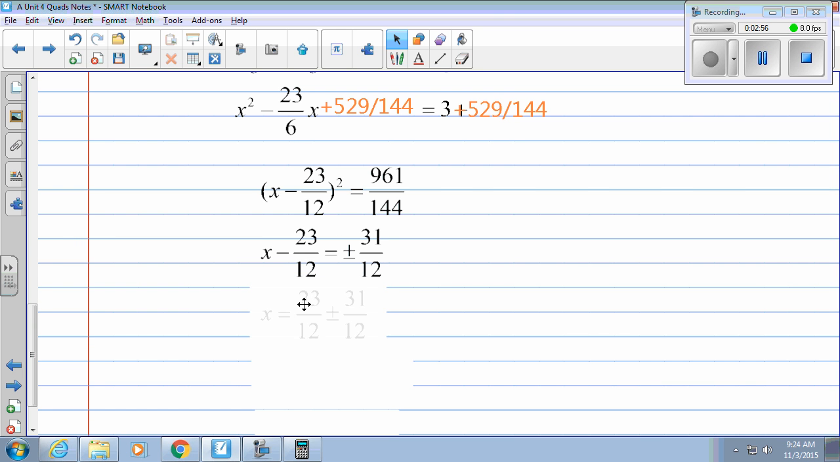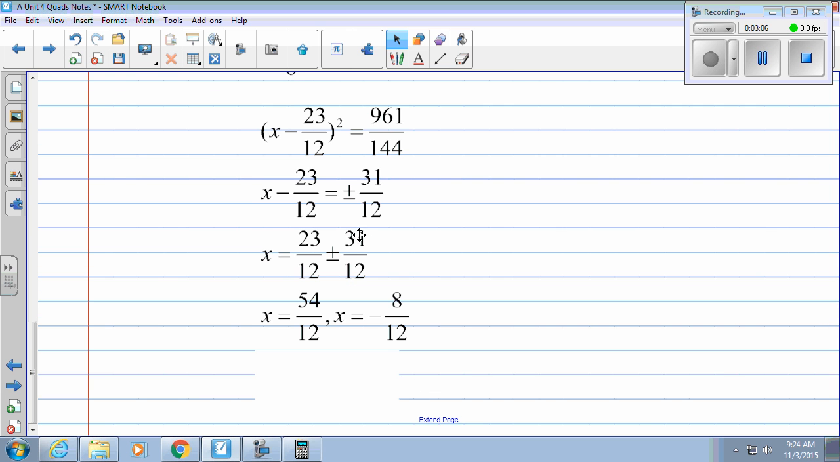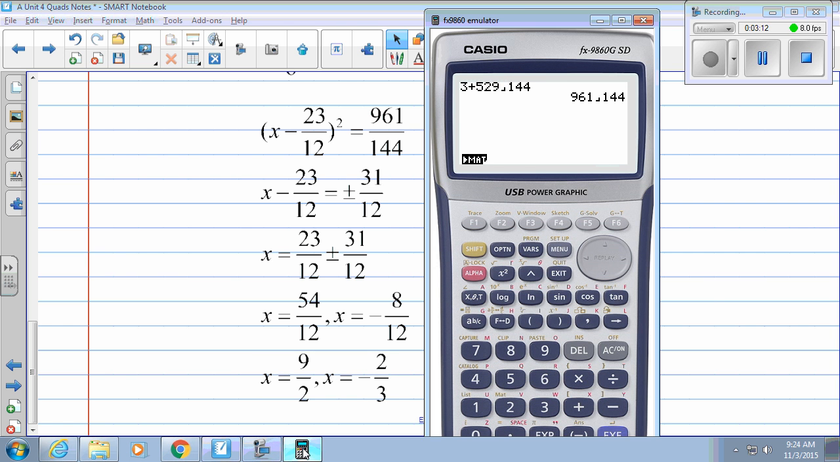And once you have that, you can add 23 twelfths to both sides, which would give you 54 over 12 and negative 8 over 12, depending on if that 31 over 12 is a positive or a negative, which reduces to 9 halves and negative 2/3. Again, this can all be done in your calculator. So you could add 23